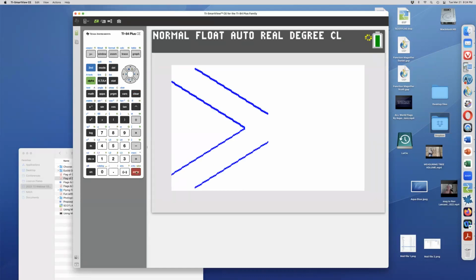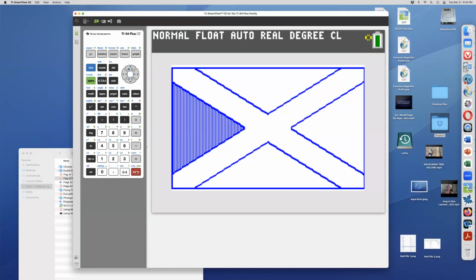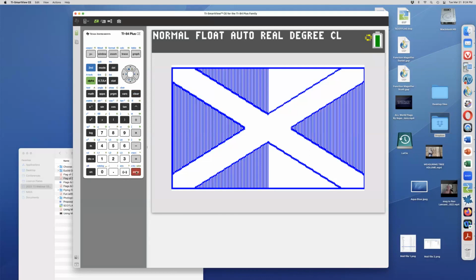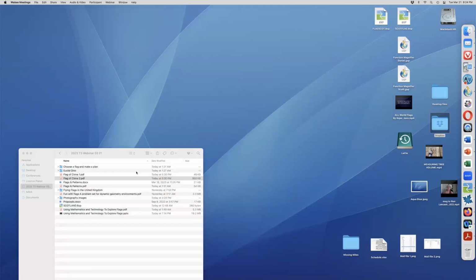There's a little bit of housekeeping going on here where it's getting the equations put in, and then it's doing the shading and going through that. Points of intersection were important here, of knowing how to shade, and then putting it in the middle. And lots of mathematical questions here about the areas of those triangles, the area of the white relative to the blue, and so on. So that's what it looks like for a flag.